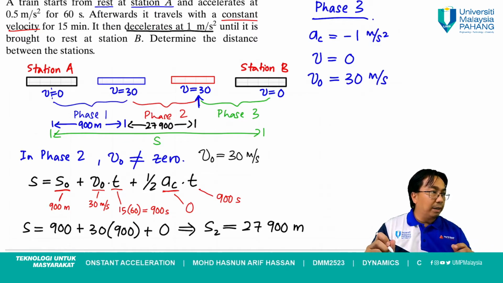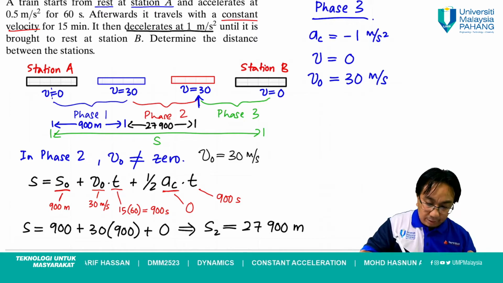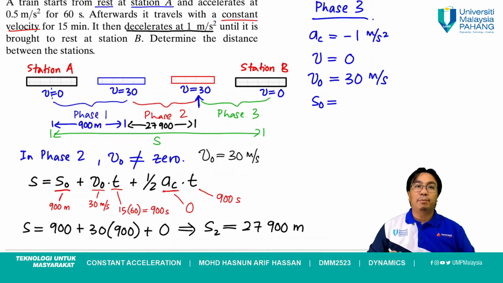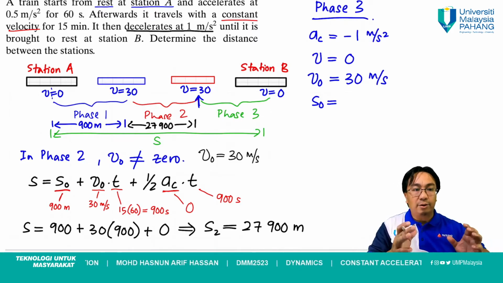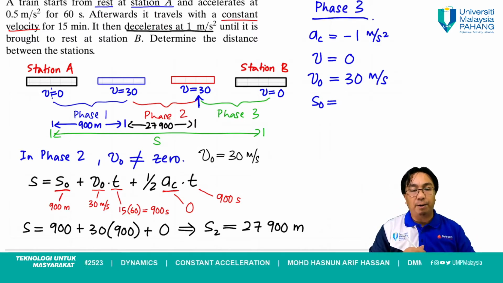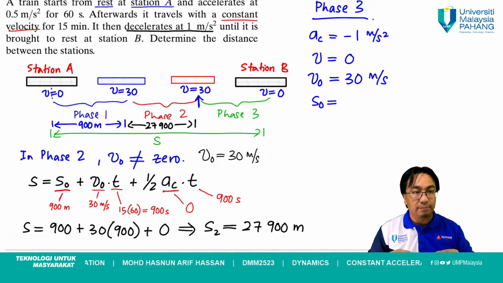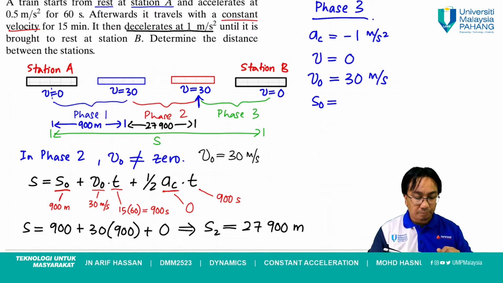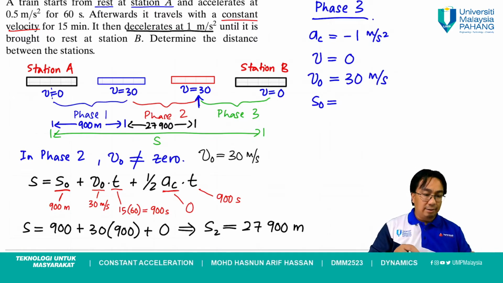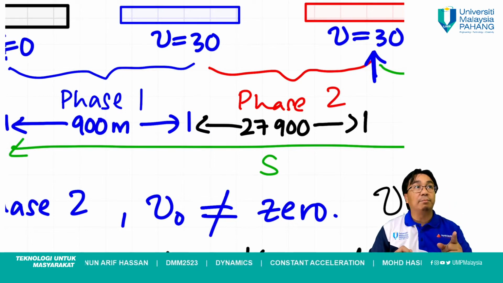Okay, apa lagi information yang kita dah ada? S. Do we have information for S? S naught. Kita nak cari S. S naught ni displacement yang train ni dah travel daripada awal tadi sampailah ke fasa 3. Berapa distance yang dia telah travel? Berapa? 27900. Okay, 27900 is for phase number 2, correct, tapi